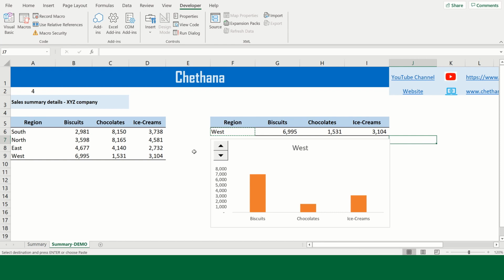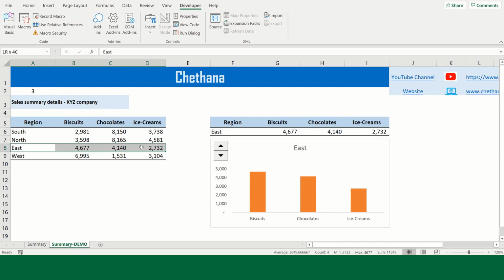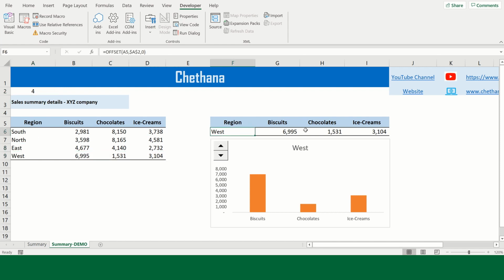Formulas are updated. Now when I click the upper arrow or down arrow, it will be updated. Now the linked cell value is 3, and the third row of data is picked into the small table. Now the linked cell value is 4. Now the fourth row of the data will be updated into the small table. Based on the small table, this chart will keep updating. You can see now.